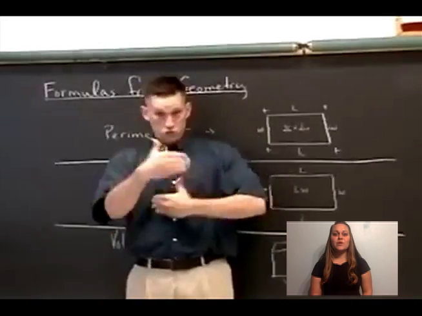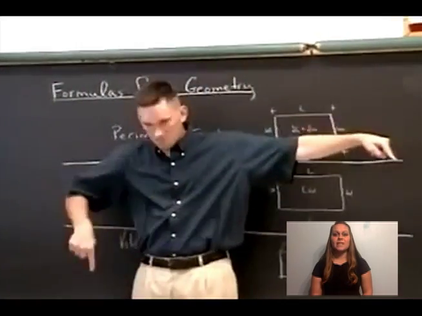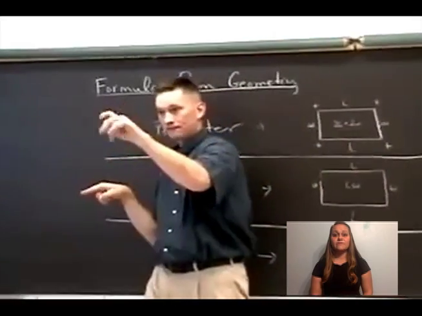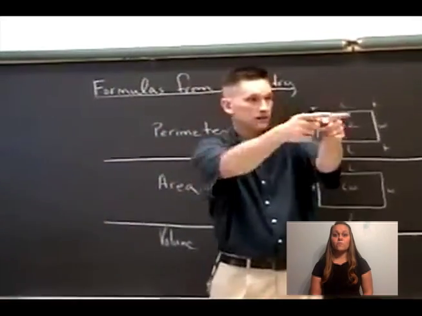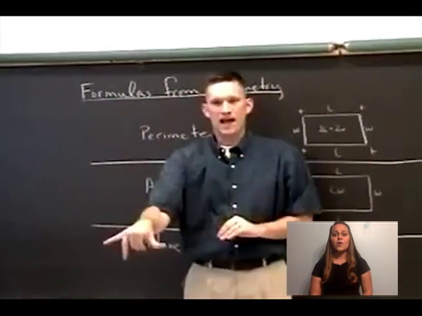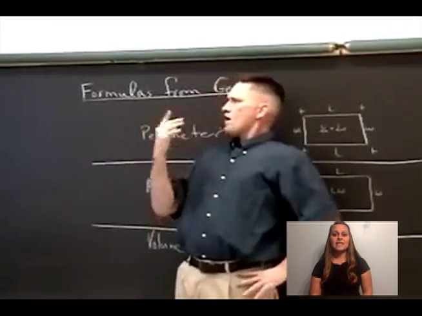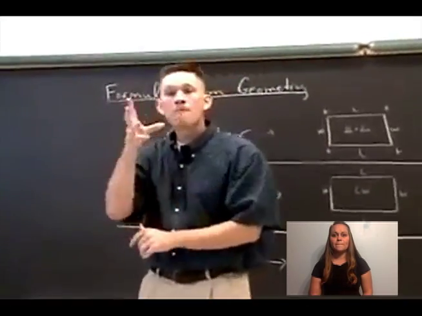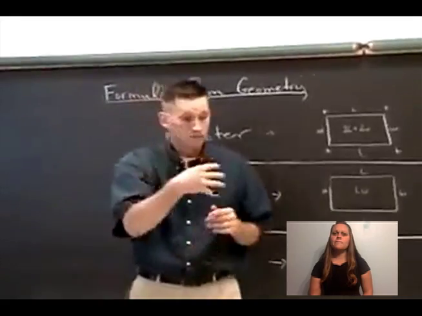Okay, perimeter means when you have a shape, maybe like a box, say that one side of it is 5 feet, one side is 10, the next side is 5, and the other side is 10. When you add all of those lengths together, what do you have? You have the perimeter. You know, on a farm,